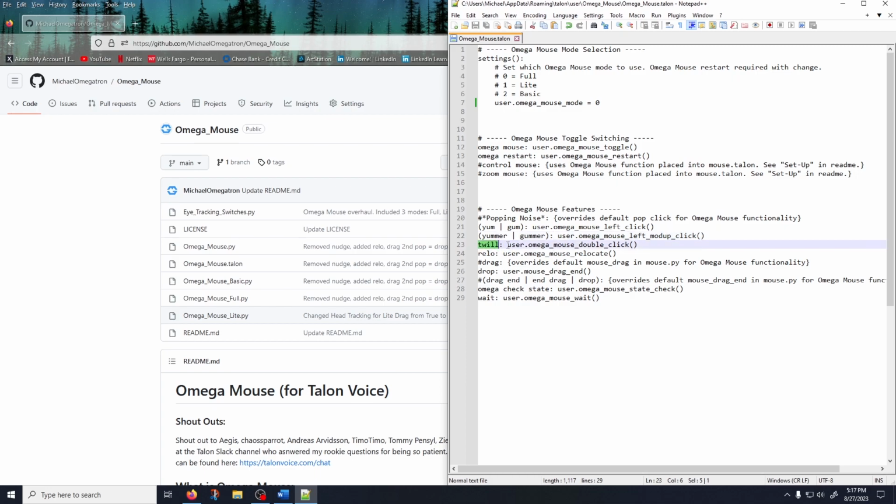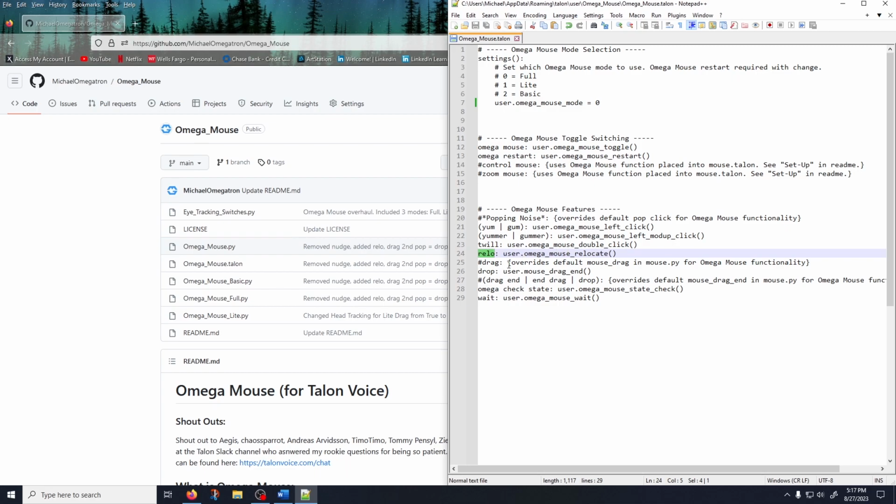Twill is a double click. Reload is only used in full mode, and once you've done your first pop and you're in the head tracking mode,